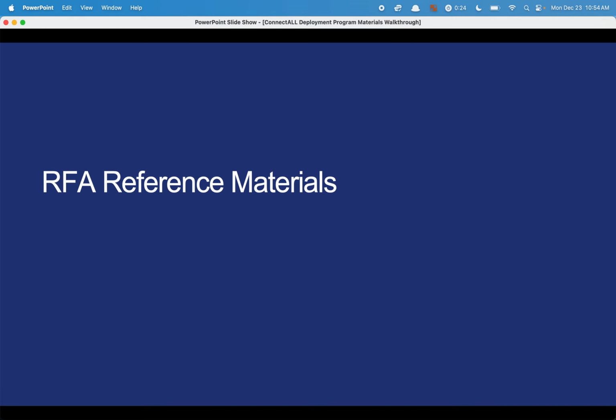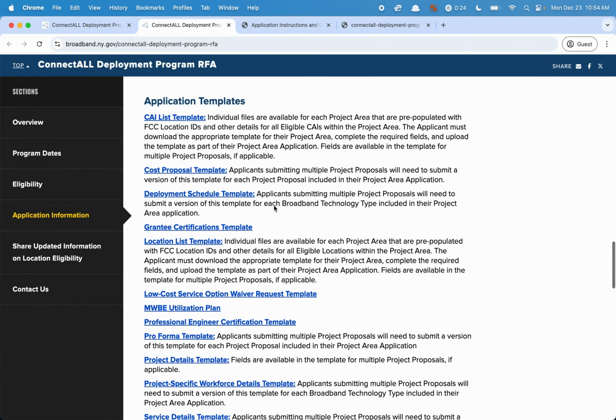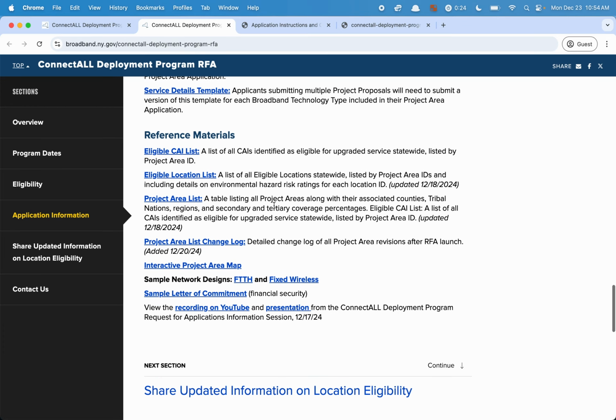Next, let's take a look at the RFA reference materials. Further down in the application information section of the website, you will see ConnectALL's additional reference materials linked here. These include sample network designs for fiber to the home and fixed wireless projects, which are not templates, but are meant to serve as an example of a complete network design package that includes all of the elements required by